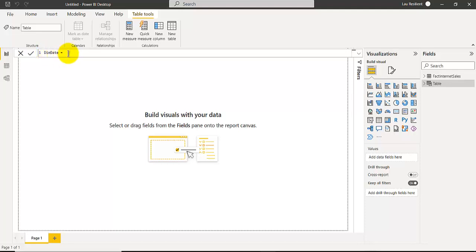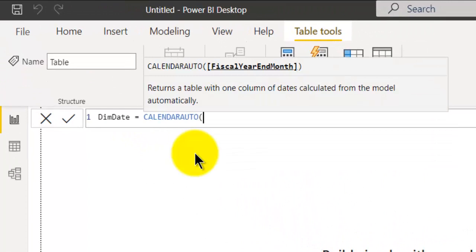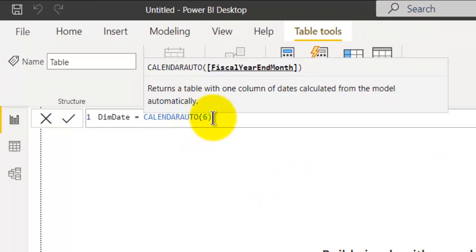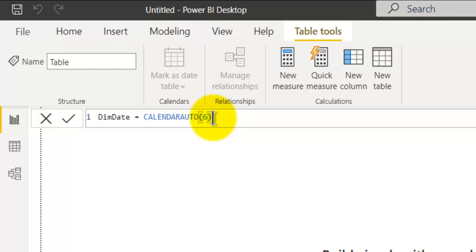Now you're asking Power BI to go to any of the tables here that contain a date column to generate a list of dates. That's just what it means. I'll write CALENDARAUTO, and not only that, you can specify the fiscal year, so that's 6, and then you press enter and you get